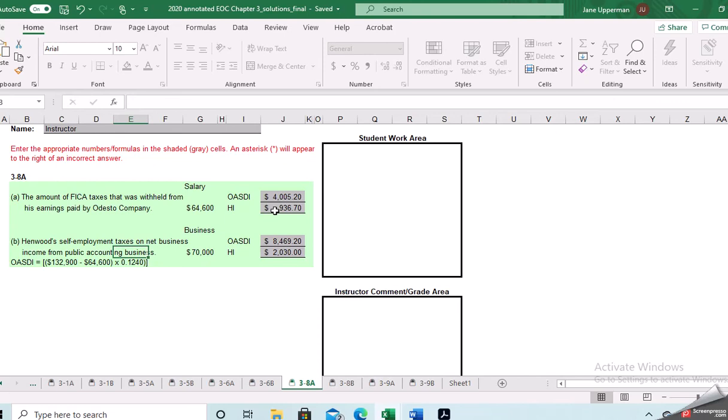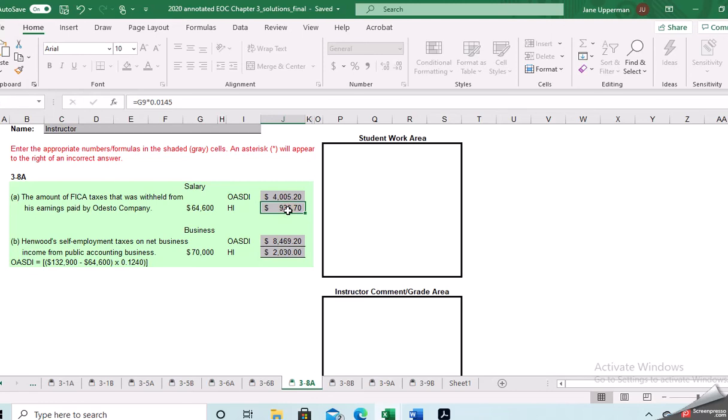Now, when we come over here to his self-employment income, it shows us the formula. It's saying the $132,900 limit, they're going to subtract out the $64,600 that he gets paid by his employer. And then the remainder is going to be subject to self-employment income. So that is the calculation to result in the $84,069.20. Now the entire $70,000 he'll have to pay the Medicare, but if you look at this premium here,